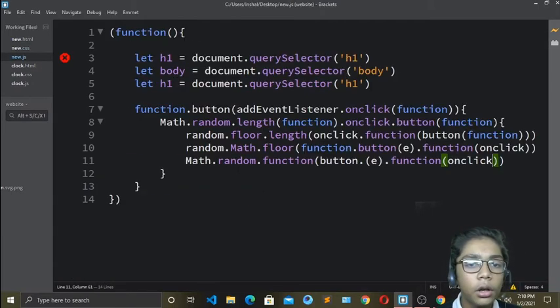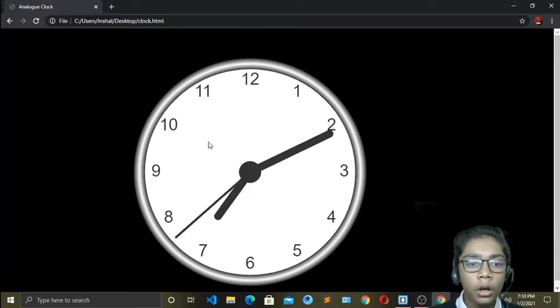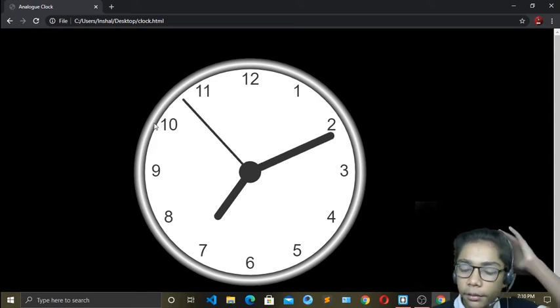Now when you've done that all, go to Google Chrome, and now here you can see how beautiful our clock is looking. We have got our border edges, then the box shadow, and we have done it till here with JavaScript. All the styling of these times and of the clock we have done with our CSS. So all the rest of the styling we have done with our JavaScript.